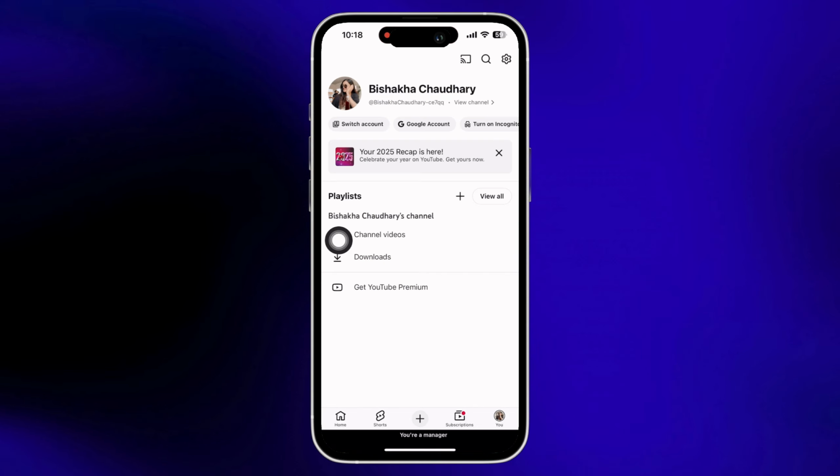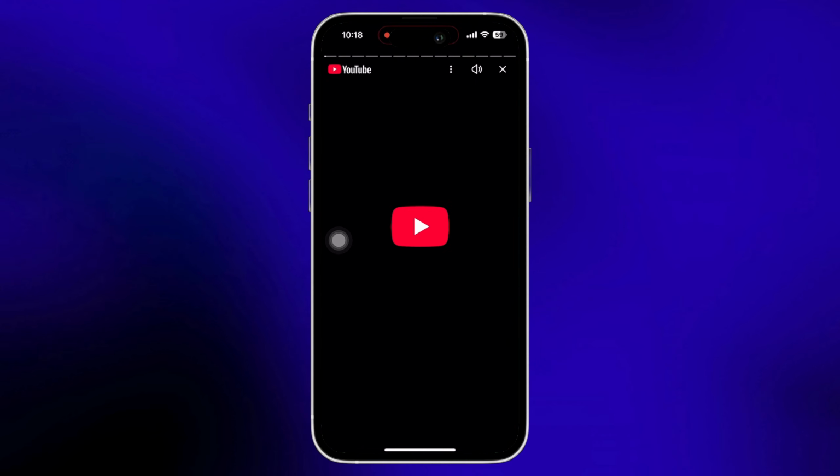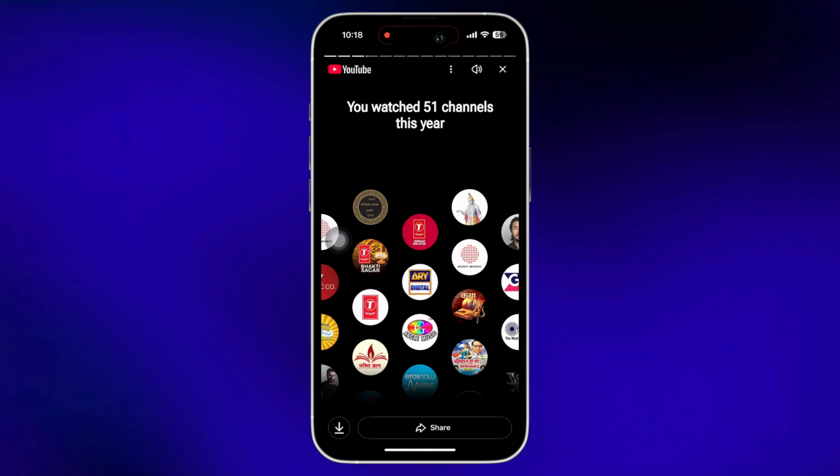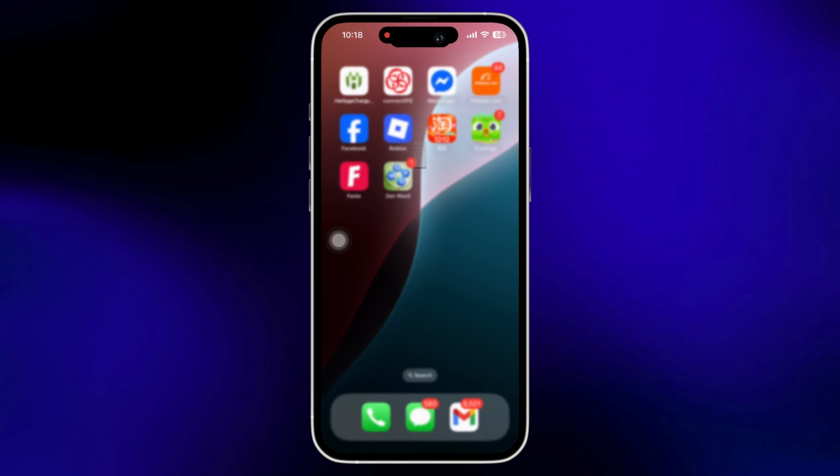view your YouTube recap. So, these were a few fixes on how you can fix YouTube Recap 2025 not showing